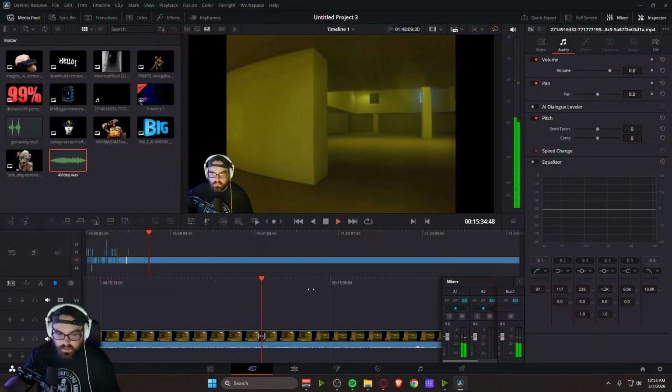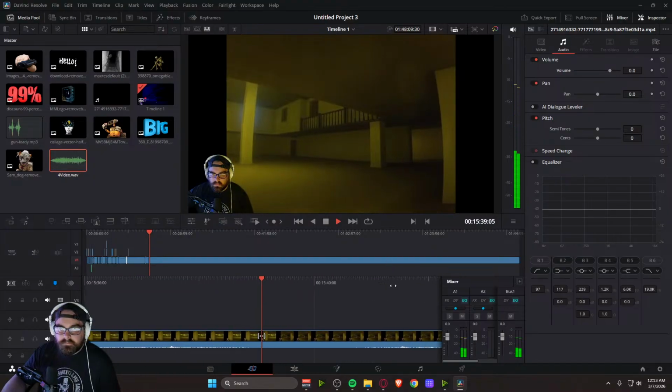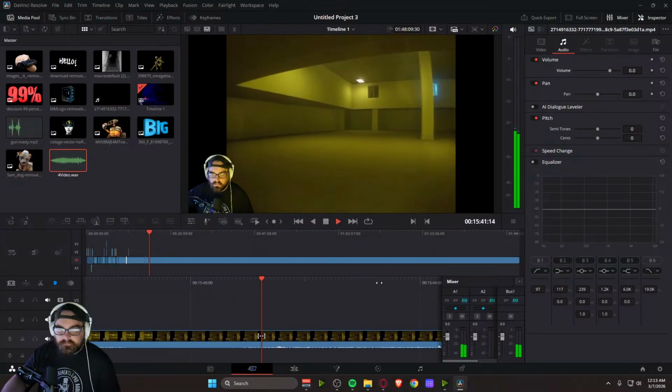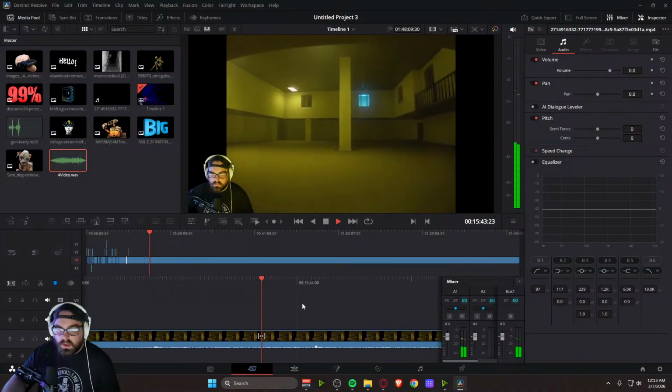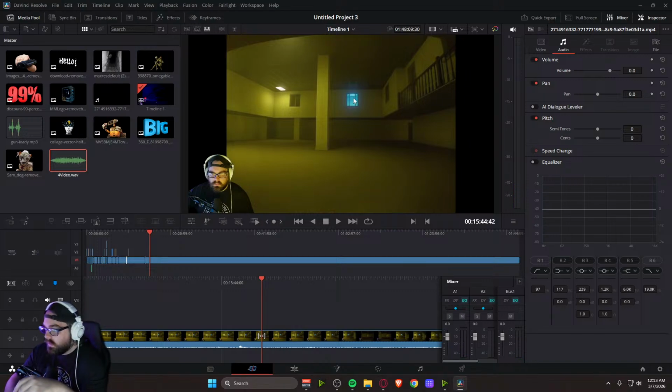Yeah, so it starts going down right there. So this light right here, I played this before and I've been in this room before and I have never seen that light. So what I can do here,